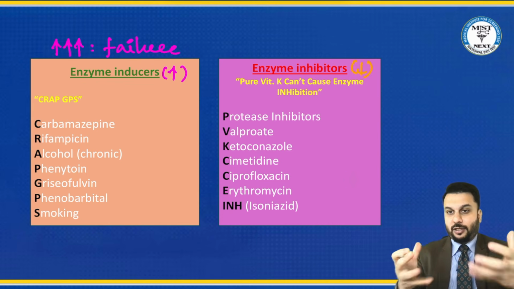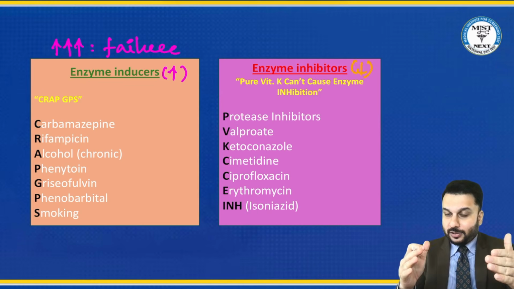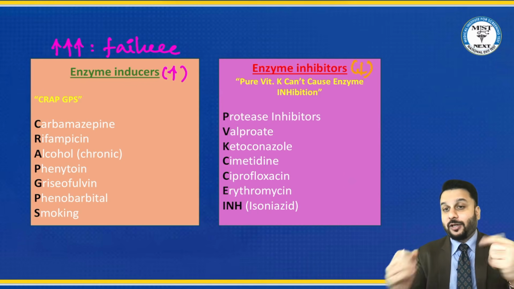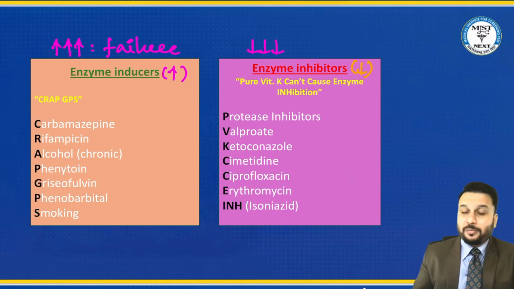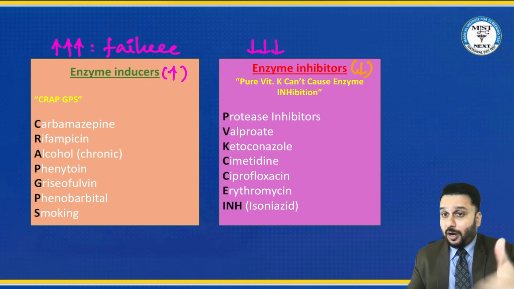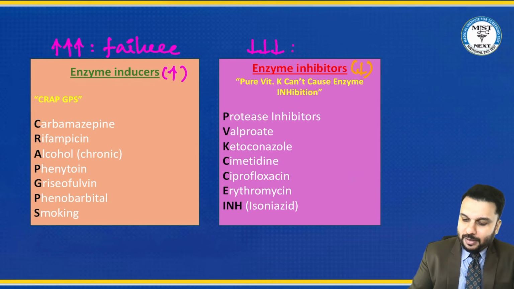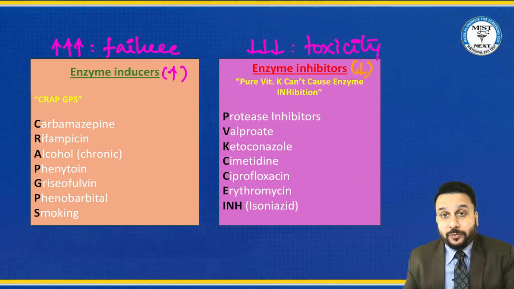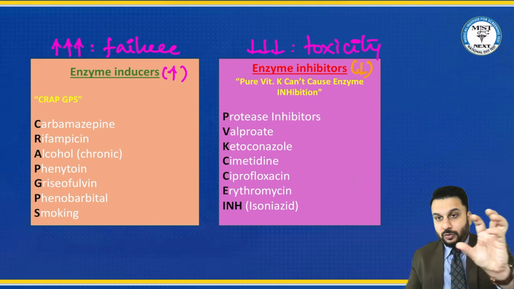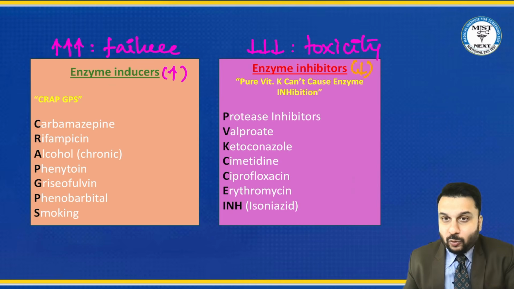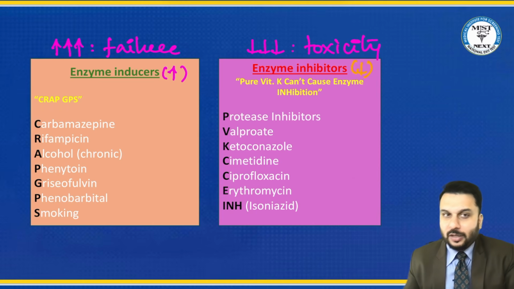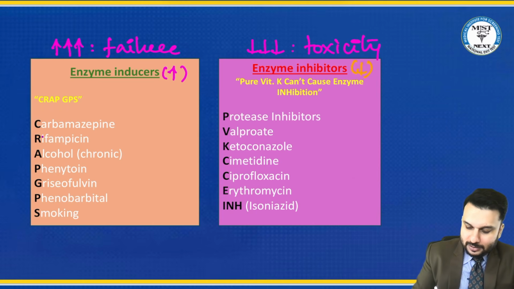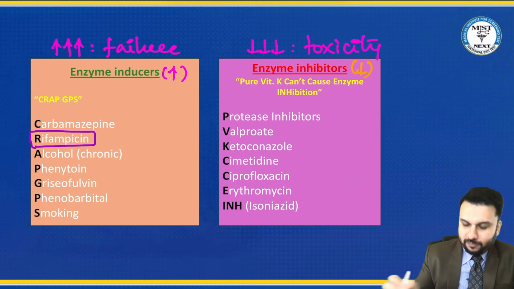Are you understanding? If there are more enzymes to remove the drugs, drugs will go out quickly and it will lead to failure of the drugs. And if you cannot remove the drugs from the body, that means enzymes are very less in the body. You can't remove the drug. The drug will stay back in the body and this will cause toxicity. Okay. So now you must understand who increases them, who decreases them. There are some mnemonics. For example, we saw the rifampicin case.